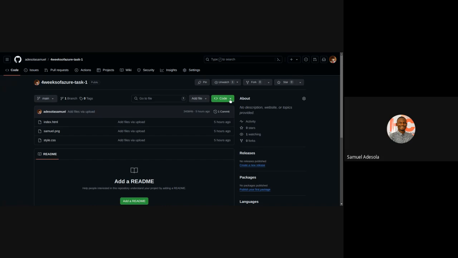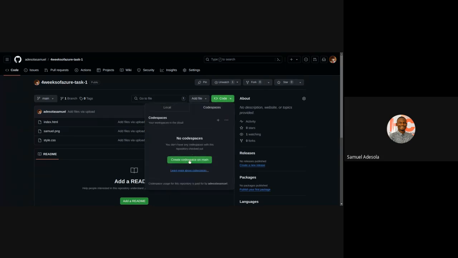Let me just see a basic sample of the code. Let me show us what we need to do. Now, let's assume you copy the link that I sent to you, and then you download the code on your laptop. You now have the code on your laptop. You don't even need to have Visual Studio Code. You don't even need to have a laptop to do this. You can even do all this on your phone.